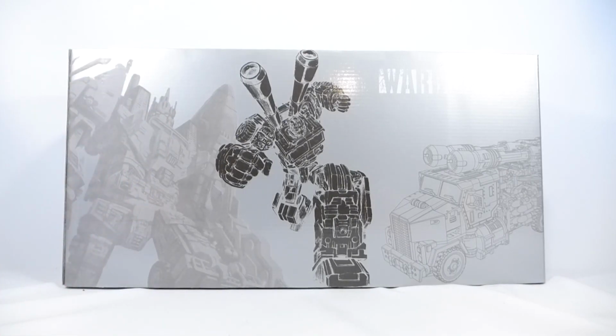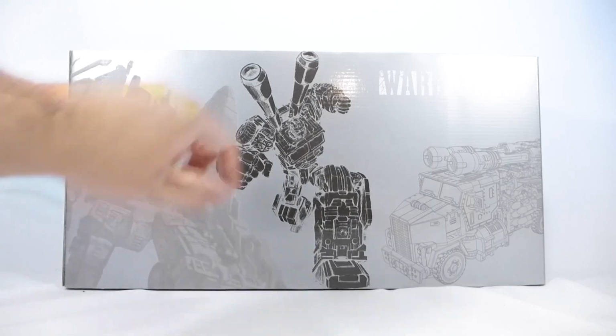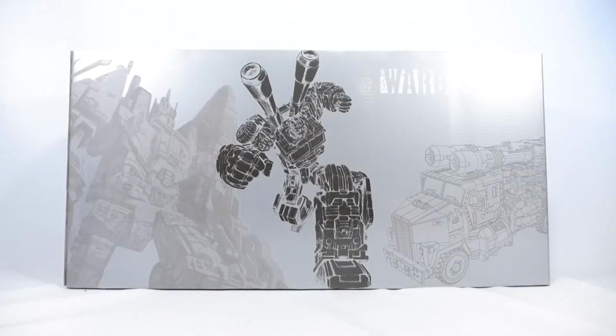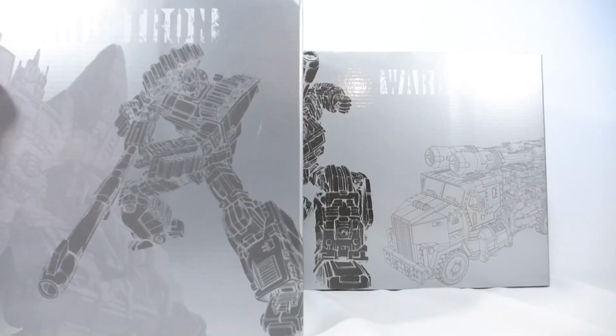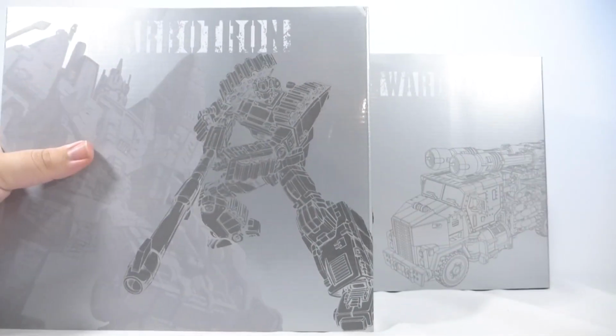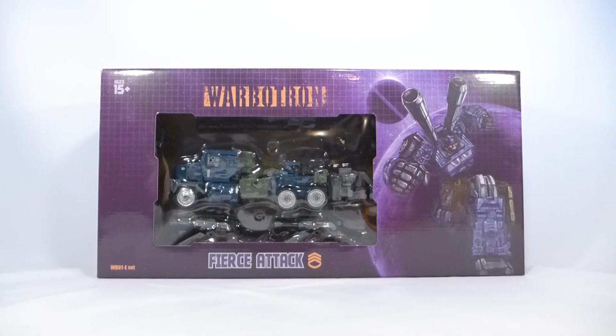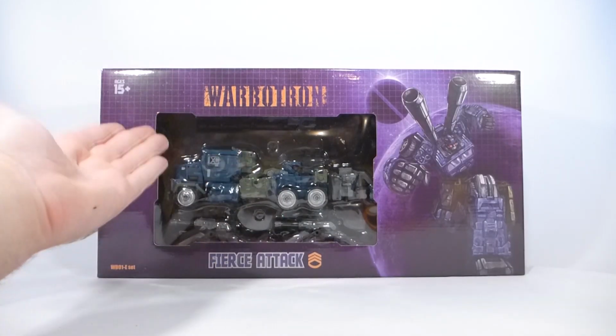Fierce Attack, the final figure in the Not Bruticus Combiner that is created by Warbotron. As you can see, the packaging, much like all the other Warbotron figures, has a really nice silver slipcase on it, and it is twice the size, maybe a little less than twice the size, of your standard Warbotron figure. Now that we've removed the slipcover off the figure, we can see his name, Fierce Attack,